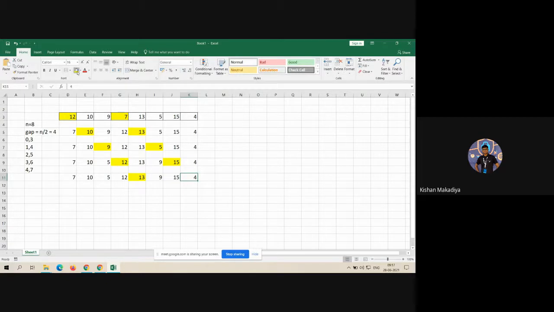Now next comparison, 13 and 4. Now again in the same pass, next you have to compare 4 and 10. So after swapping, here it's 4 and here 10.